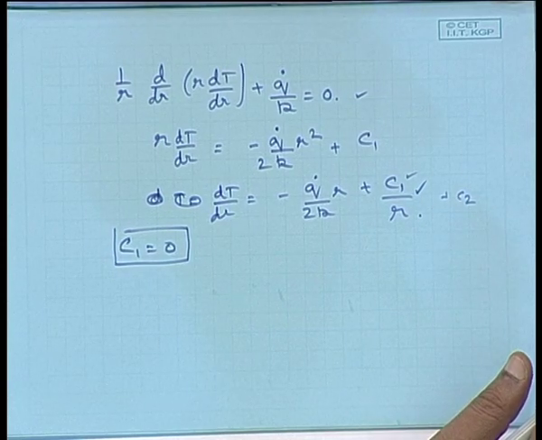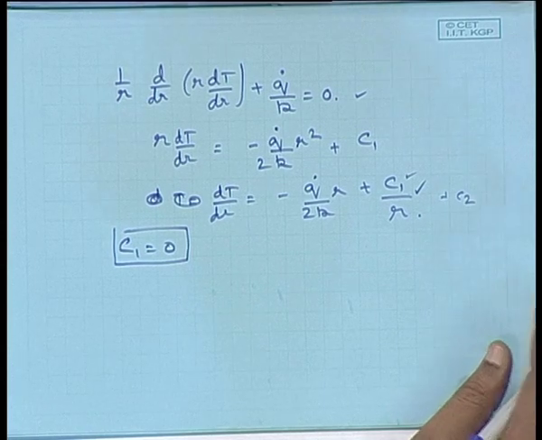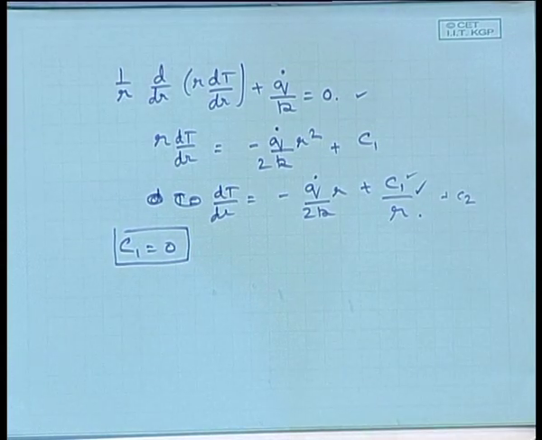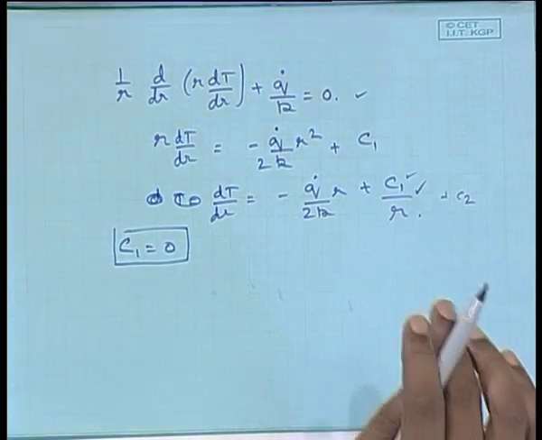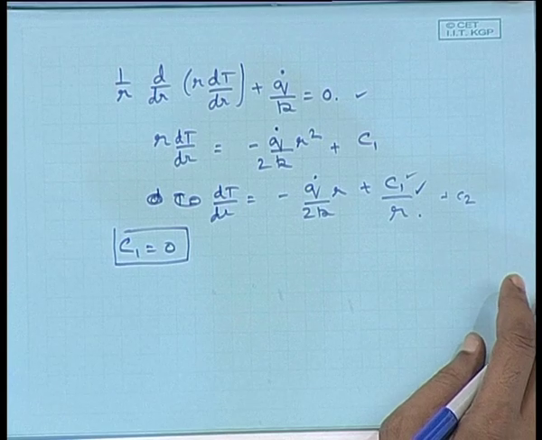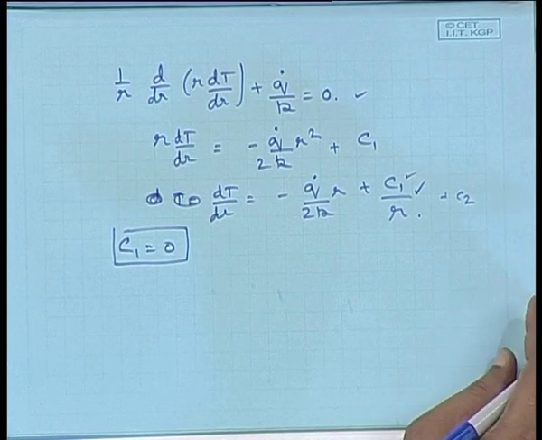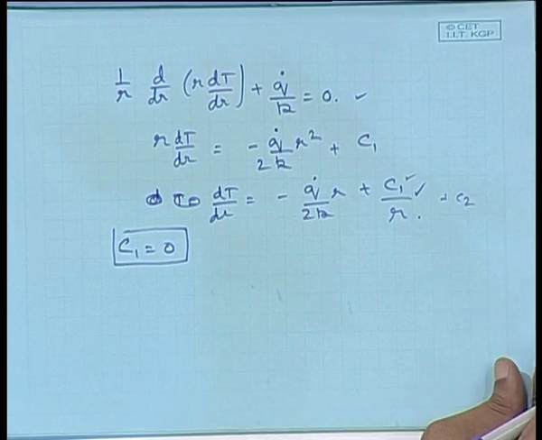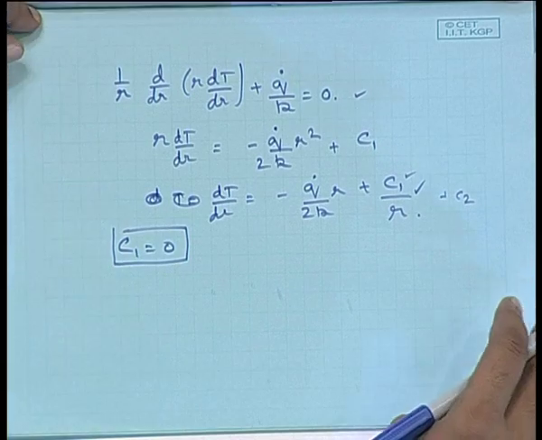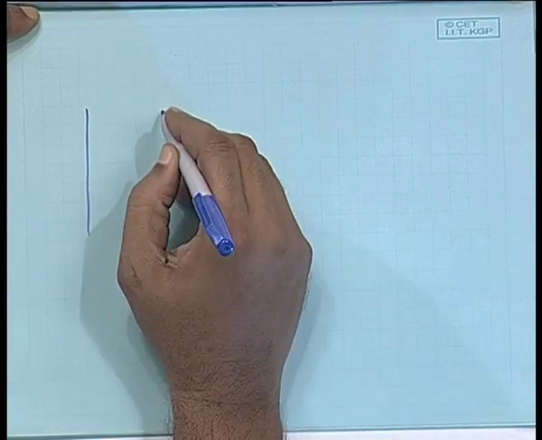So, whatever be the total amount of heat generated in the system must be equal to the amount of heat that is being convected away at the surface. These are some examples of heat generating systems, and I am simply going to discuss one problem very quickly, and in the next part of this class, the tutorial part, we will solve some of these problems.